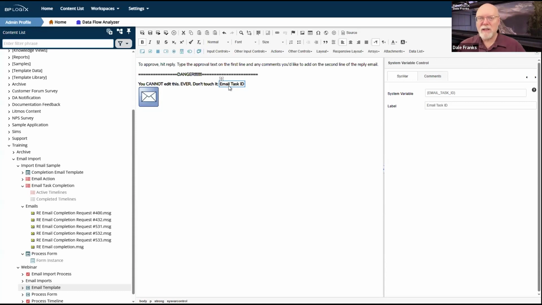This is the item that links the email import process with the actual running process activity instance that I need to approve or deny. This is the one key that links it all together.